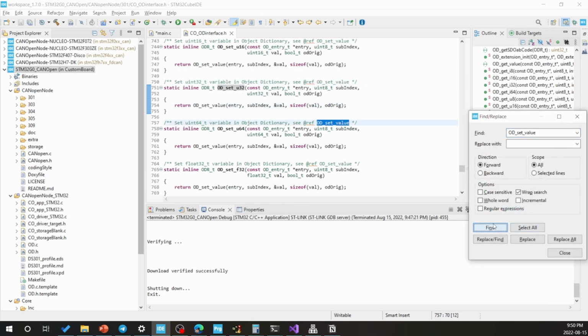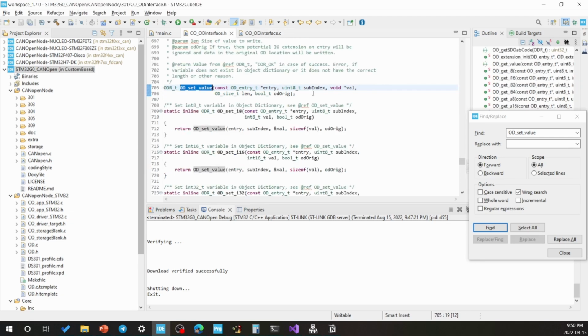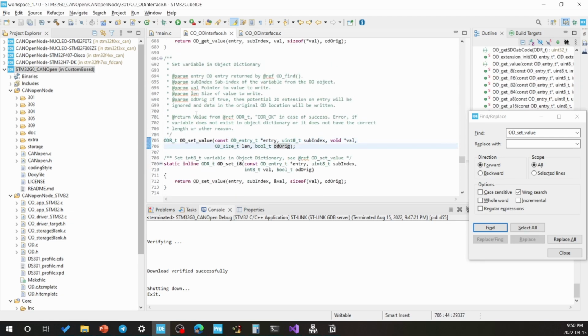See references for set value. Okay, set value help us. What is this OD origin? If true, the potential IO extension on entry will be ignored and data in the original OD location will be written. Okay, so the thing is that if we call these functions instead of writing directly to the variables,